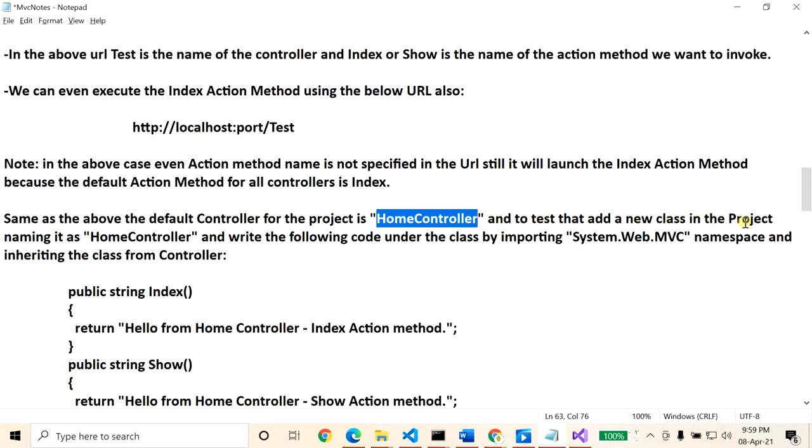To test, add a new class in the project, naming it as HomeController.